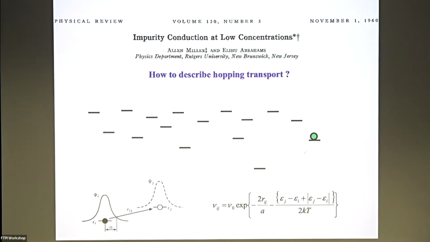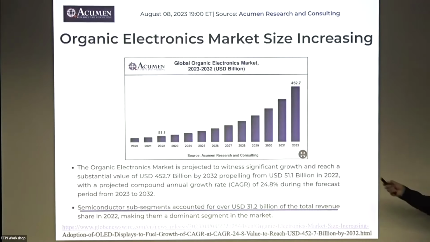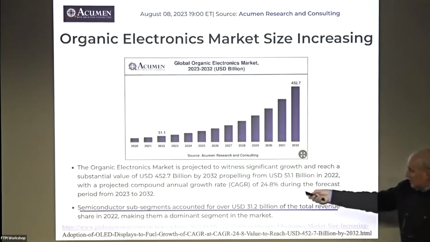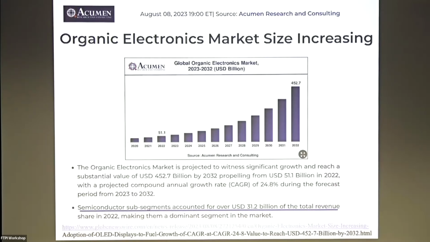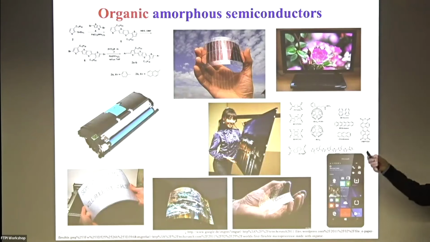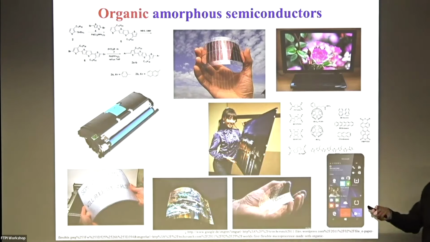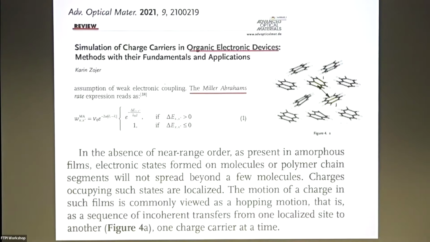You can ask whether anybody is still interested in this kind of research, and the answer is yes. There's huge demand in the market of organic electronics. This is a rapidly expanding market, already above 50 billion per year, mostly semiconductors. And all of you have seen such pictures. It's not only OLEDs. For instance, if you change the working unit in your laser printer, this blue stuff is an organic semiconductor.